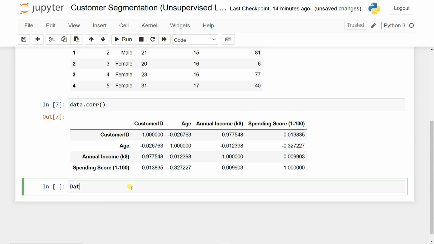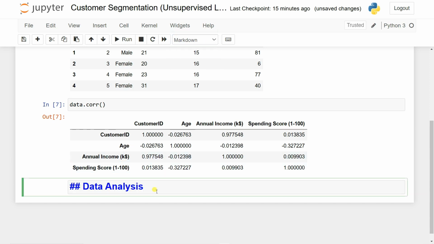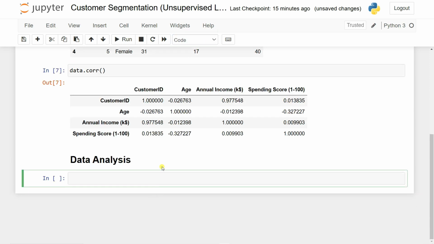So you can give a heading here, let's say "Data Analysis", using a hashtag, and then you can simply use the markdown. So, data analysis. First, what I can do is see the distributions of the annual income,